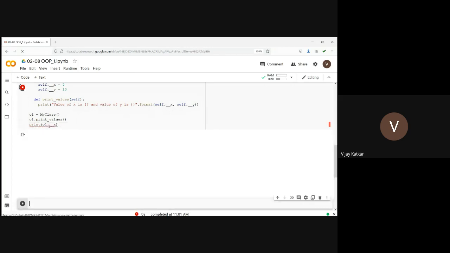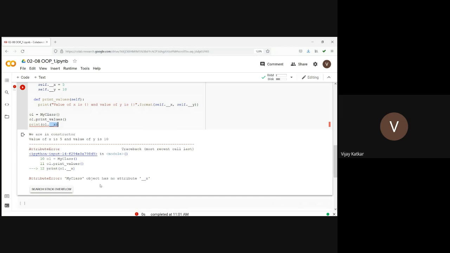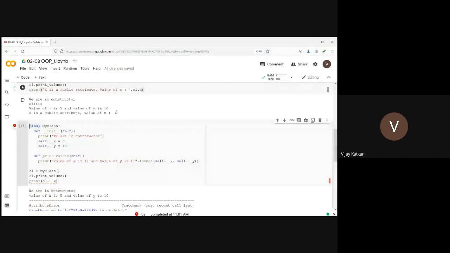Sorry. It's saying that my class object has no attribute double underscore x. Whereas over here in the print values method, it is allowing access to both the attributes, double underscore x and double underscore y. So this is how we can make attributes protected.